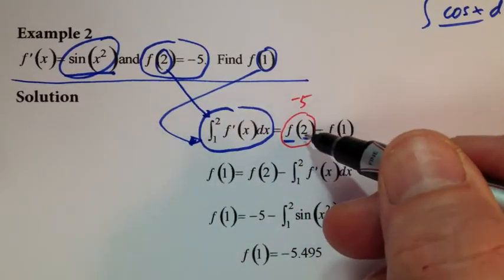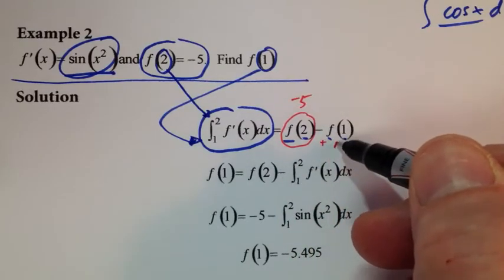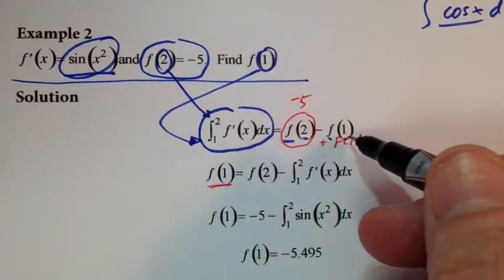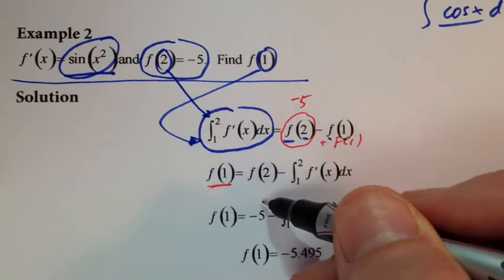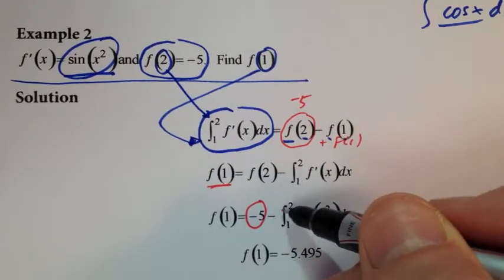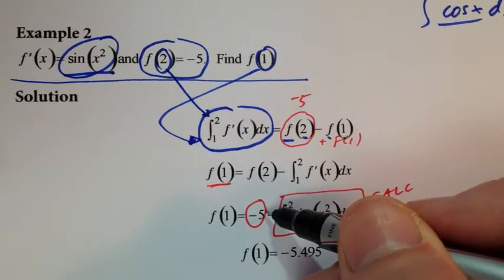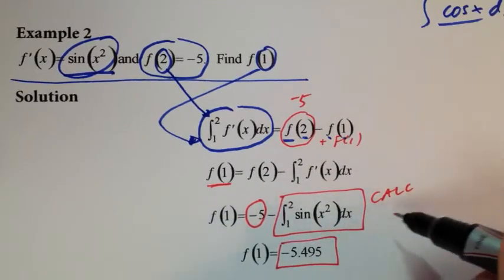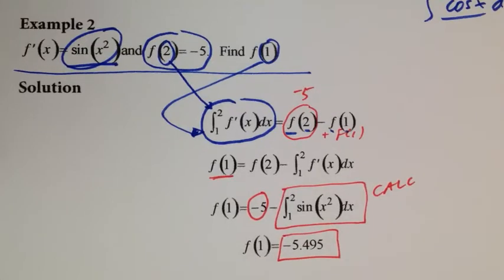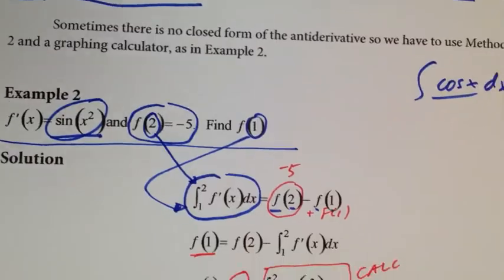Okay, and if that's negative 5, actually what they did was they added f of 1 to both sides, so you get f of 1 by itself, and then subtracted the integral. Okay, but again, the f of 2 has a value of negative 5, and then when you subtract this integral, which you'll use your calculator for, so negative 5 minus this value here on the calculator, you'd get negative 5.495. Okay? Alright. Piece of cake? That's example 2. Let's look at example 3